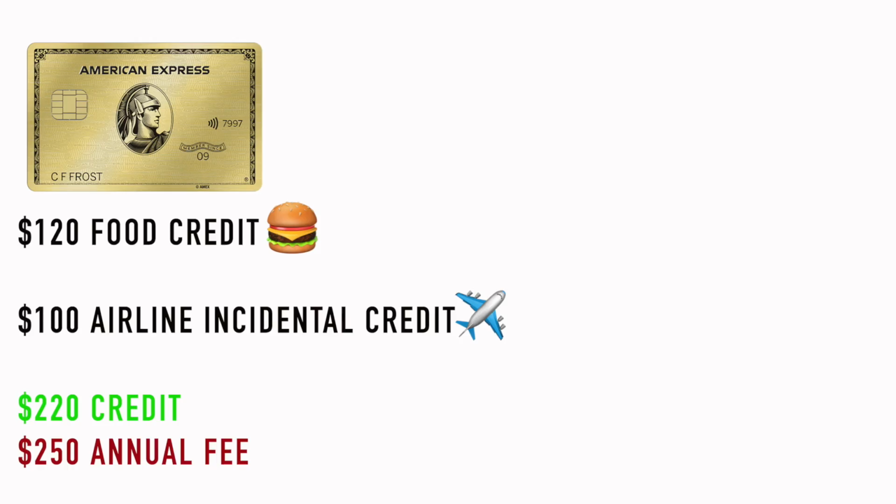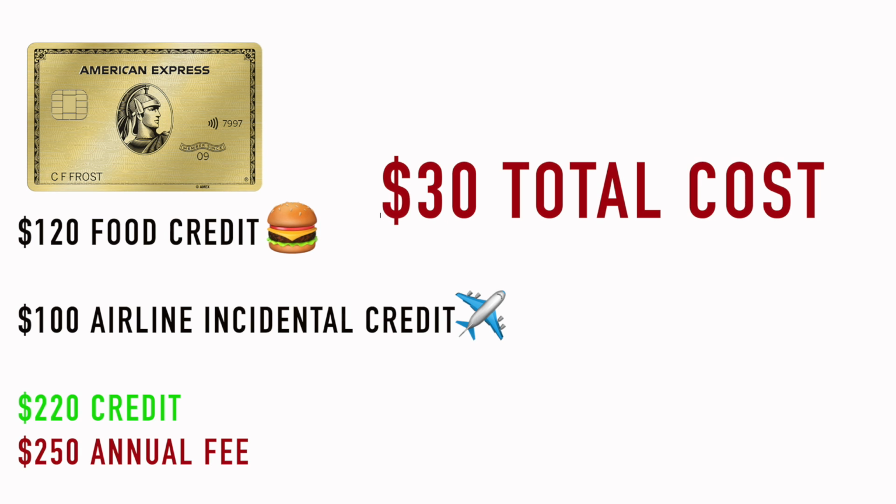So the Amex Gold and the Amex Platinum card are really going to be the two cards that have the higher annual fees, but you guys need to realize the benefits that you get with it cancel out that annual fee or reduce it significantly. When we're talking about something like the Gold card, you get that $120 dining credit, and then you get the $100 airline incidental fee credit. If you guys add that up, that's $220 right there. This card has an effective annual fee of $250. So really, this card costs you $30 if you maximize both of those categories,